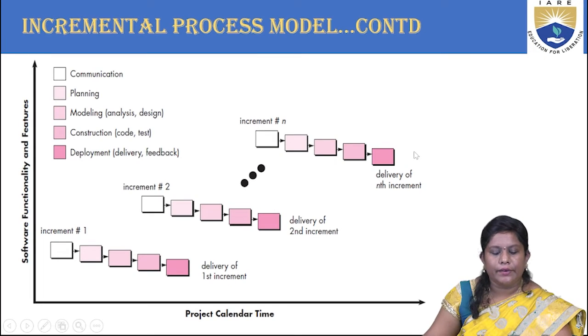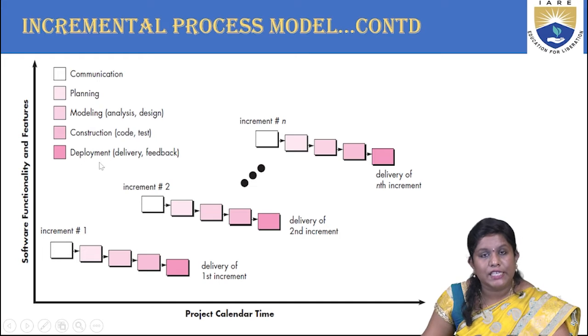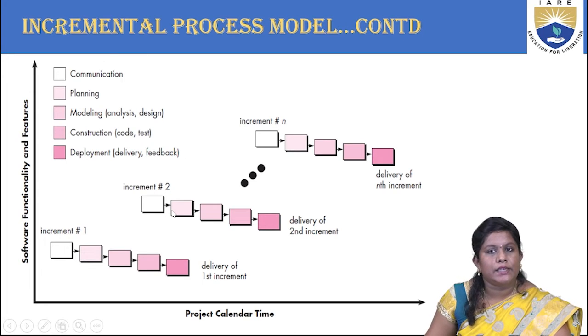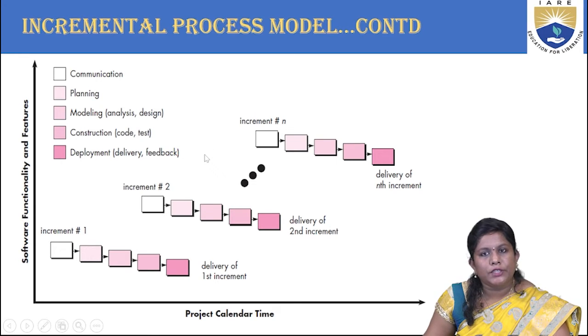Now, looking at the diagram, you have the 5 phases which have already been discussed: communication, planning, modeling, construction, and deployment. The x-axis takes care of the calendar time, that is, in what way you have scheduled, and the left side is trying to show you the functionality and features. So this diagram depicts that an entire project can be broken down into increment 1, increment 2, and so on